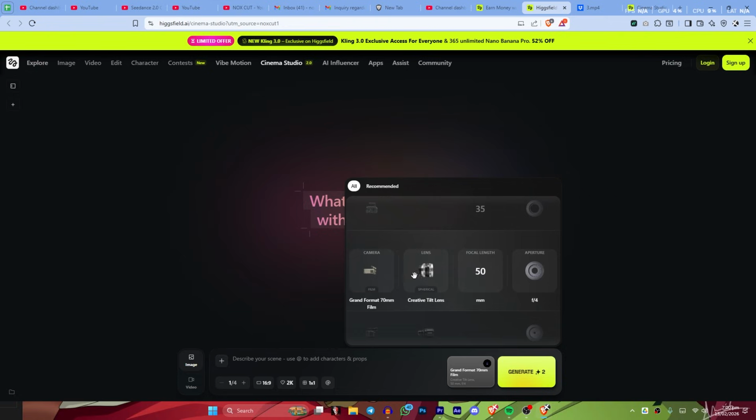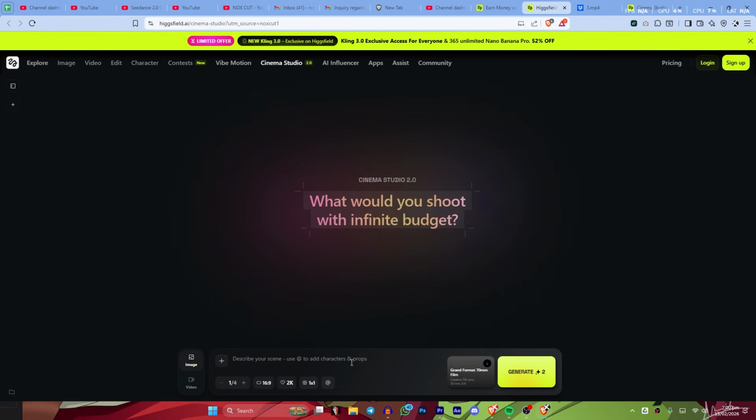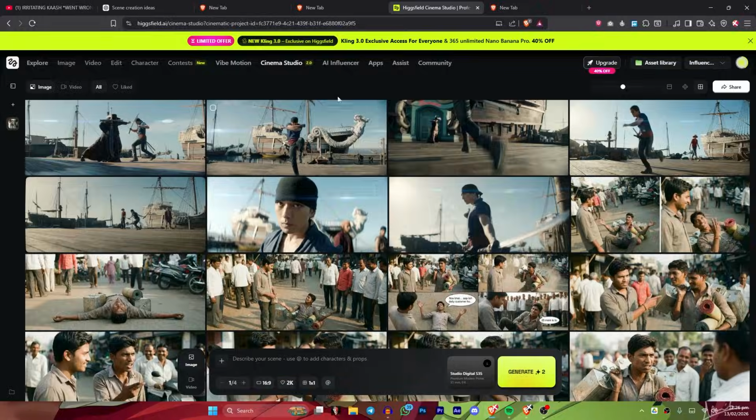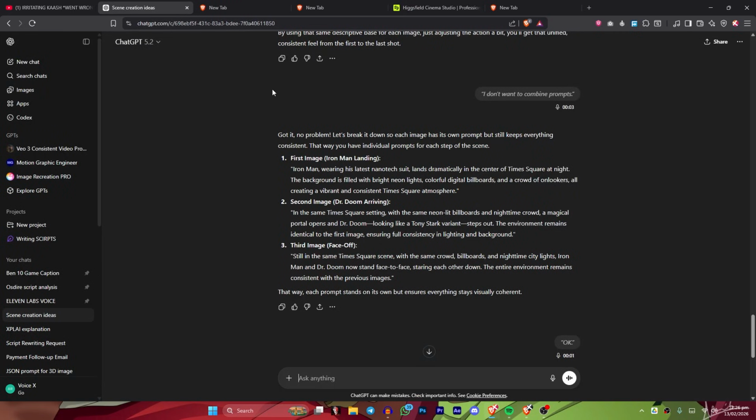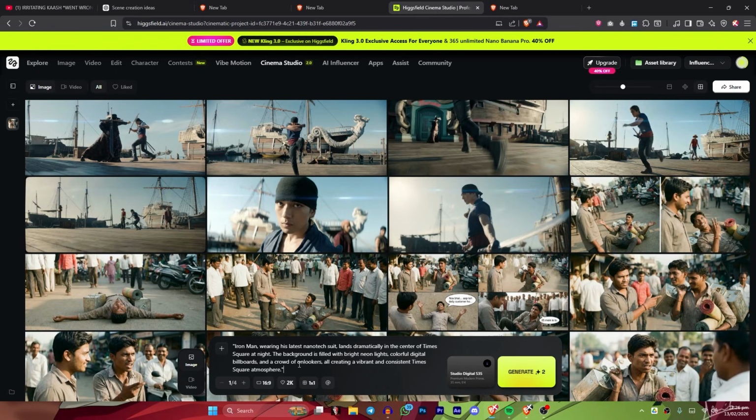Now all we have to do is write a prompt. So for the prompt, I have an idea which I have already told to GPT, and it gave me the prompt. The idea is simple. So I'm going with a classic 1v1 with Dr. Doom versus Iron Man. So let's create an image with them. So now all we have to do is write a prompt, and don't worry for that as well. I have already written the prompt with ChatGPT. I will just go to the GPT and copy the prompt that I have already created and paste it here. Also, if you look at the bottom, there are a lot of options. Let me explain all these one by one, and believe me, this is easy, not a complex thing.